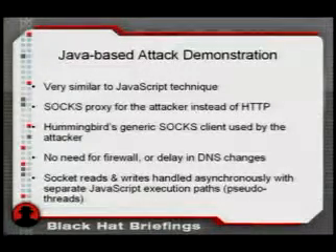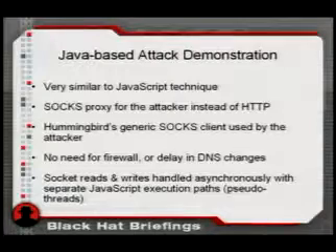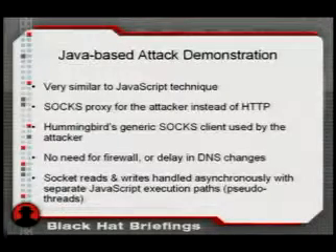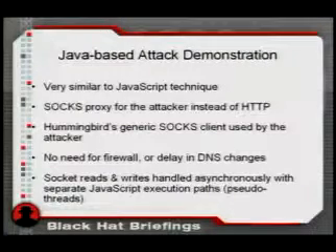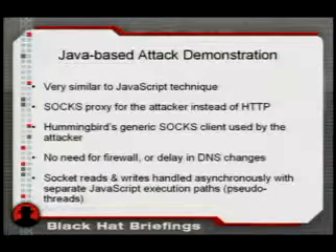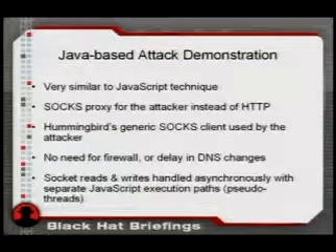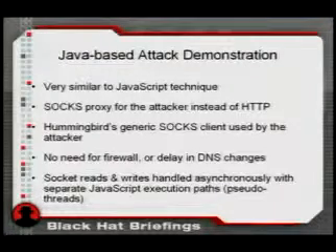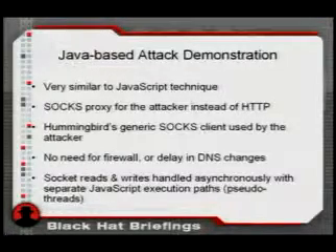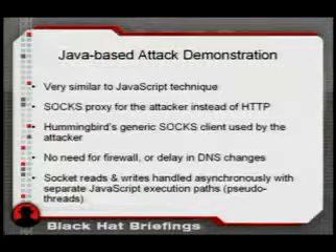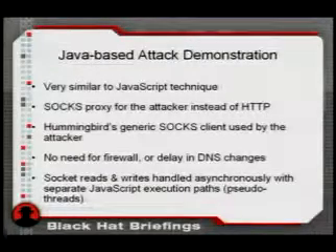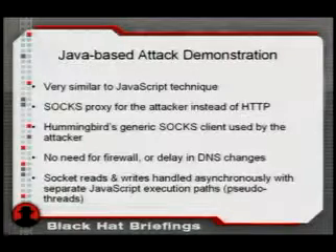Like I mentioned, there's no need for a firewall. On the attacker's workstation, there's a generic SOCKS client that is loaded from the Hummingbird client. It's bound to the IP stack so that any request going out to the 10 dot address range will be redirected invisibly to the proxy server, which means that pretty much any application can be tunneled over this. And finally, the reads and writes are handled asynchronously using the kind of pseudo-threading that JavaScript gives you with setTimeout, and that gives you a little bit of a performance boost.